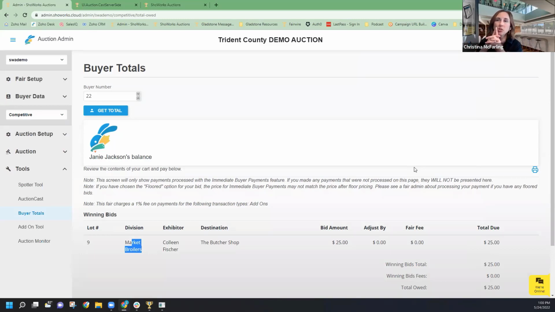This is intended to work for any transactions that are input and recorded in the auction site. If you have transactions that are recorded in ShoWorks 2020, they will not appear here. So if you have a ton of transactions that you're doing in ShoWorks 2020, this may not be the right option for you, because you may want to make sure that all of these transactions get sent over to ShoWorks and you'd handle all of your billing there. The buyer totals